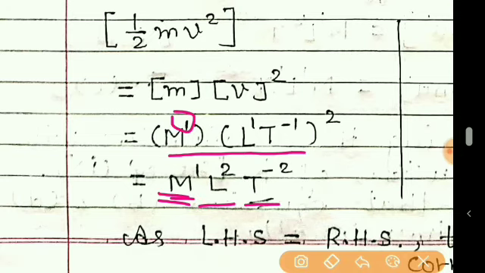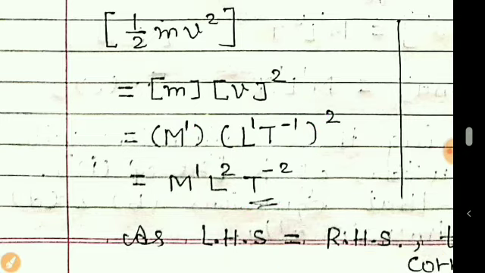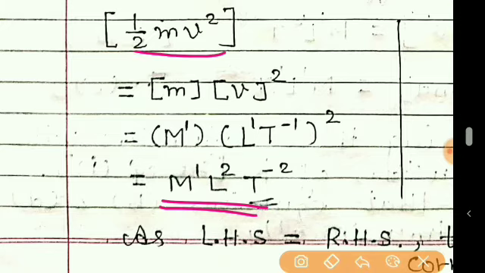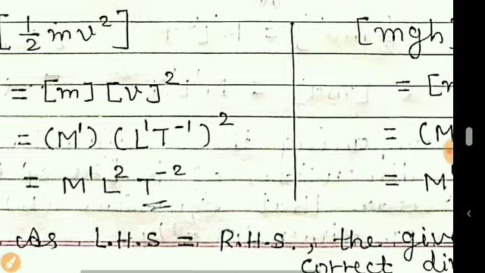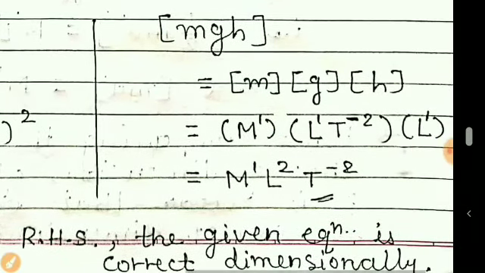L has power 2, because if we open this bracket, then 2 ones are 2, so L raised to 2 here, and then 2 is also multiplied to this. 2 into minus 1 is minus 2, so T raised to minus 2. So here we obtained the dimension for half of mv square, which is on the left side. Now the dimension of the right hand side term,